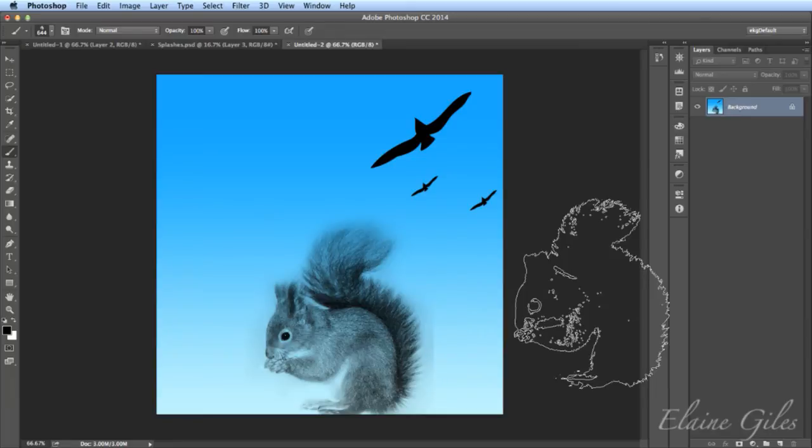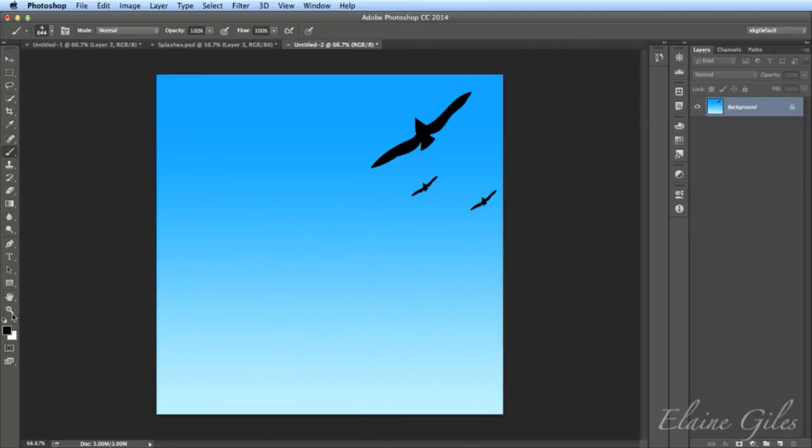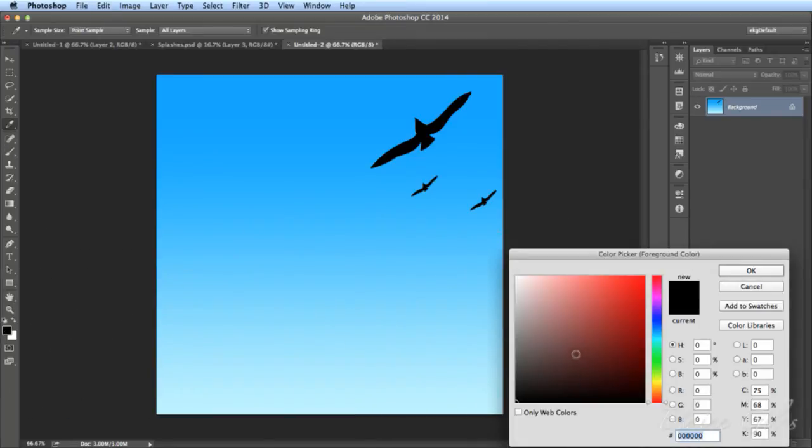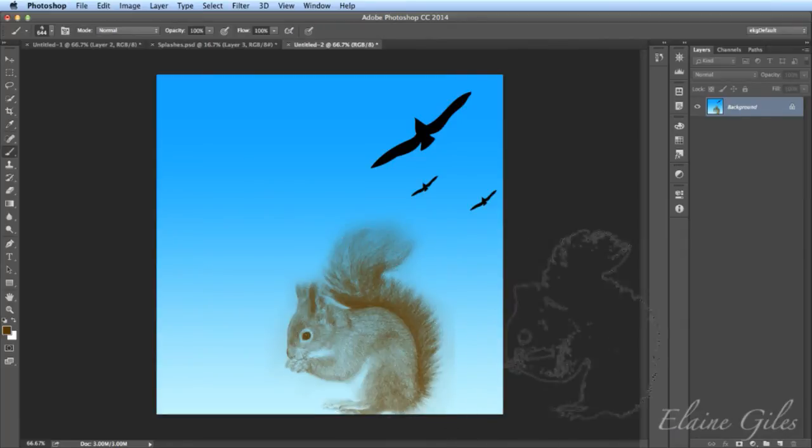Now that also serves to show you that although I said they're black and white, and they stay black and white, you can use a different colour. For that one, to be honest, it would have been a better idea to have a brown one. So let's just undo him. Go and change the colour there to brownish. Something like that. And click on him there, and now he's a brown colour.